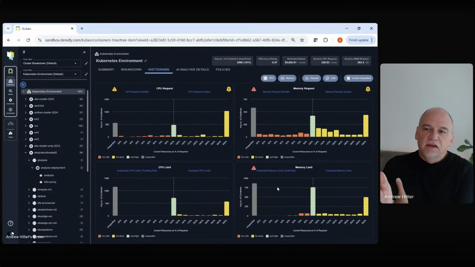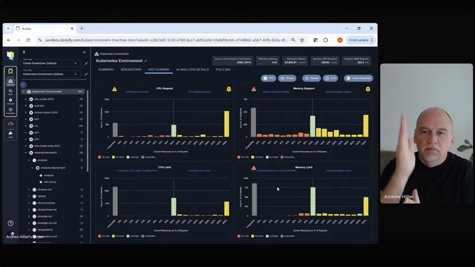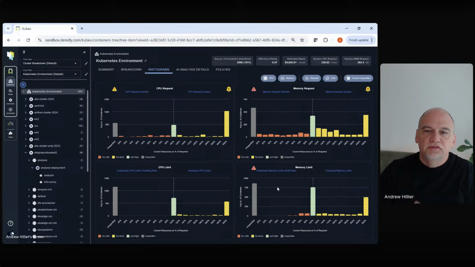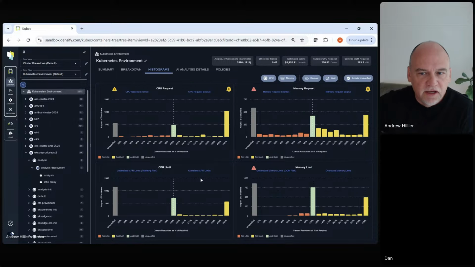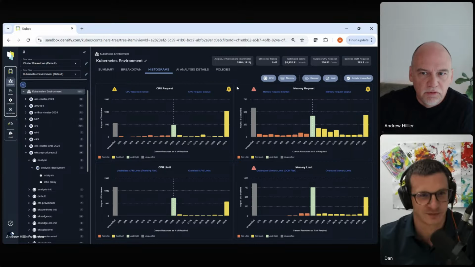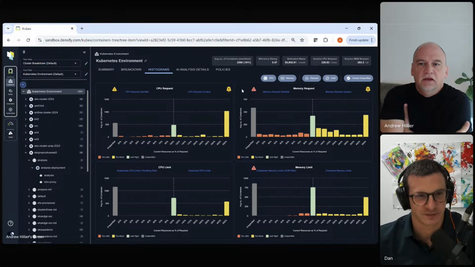What happens is all those yellow and gray and red bars become green, and the green bar goes high and the other ones go down, and you save a ton of money, and the memory kills stop. So that's kind of what it looks like in real life. These are real workloads, real containers with real patterns of activity. This is a small environment, but especially when you point this at bigger workloads and bigger environments, it has a very big impact very quickly.